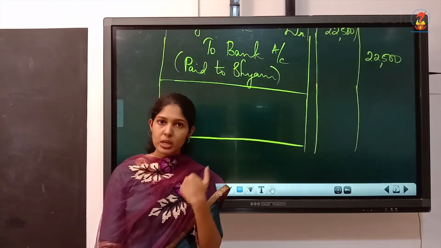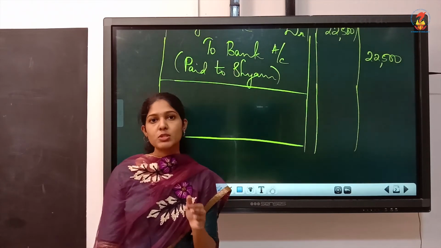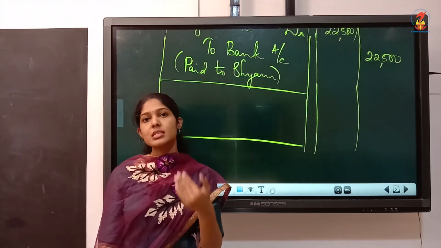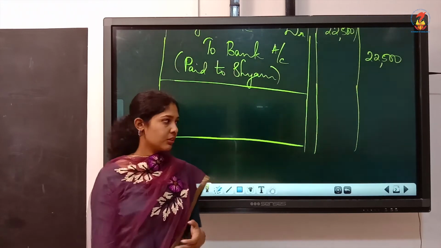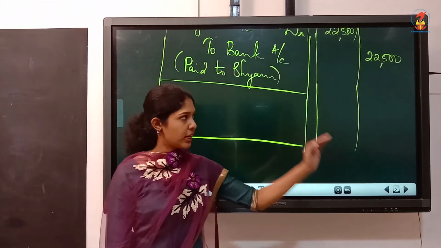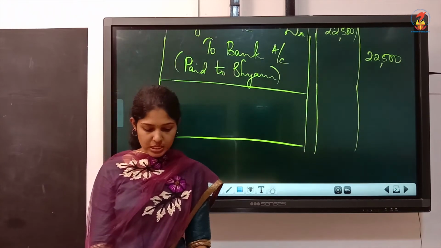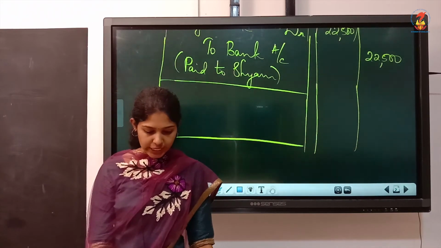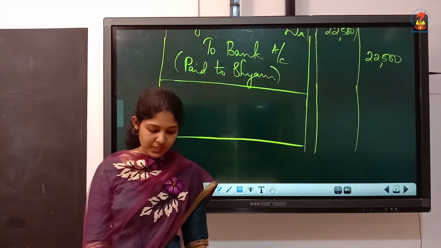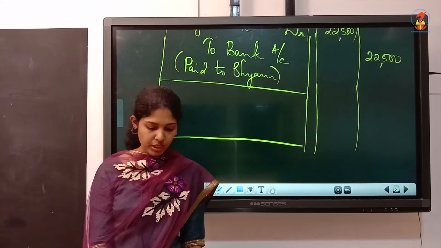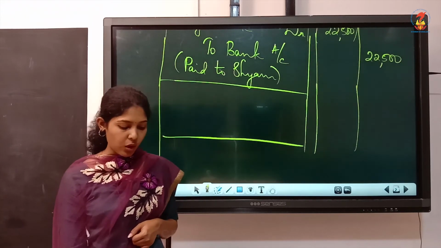So what's the journal entry you have to write? It is cash account debited to. It's not mentioned by cheque, isn't it? Simply they mentioned received balance payment. So the journal entry is cash account debited to Krishna's account. Understood? Okay, after that you can just close the journal. Just continue that, the 3 to 4 transactions you have to write here. Then you can close this. After that you give the heading. Specimen entries, the specimen accounting entries will continue. Then we'll work out the next illustration. Okay, the specimen entries we'll learn now.